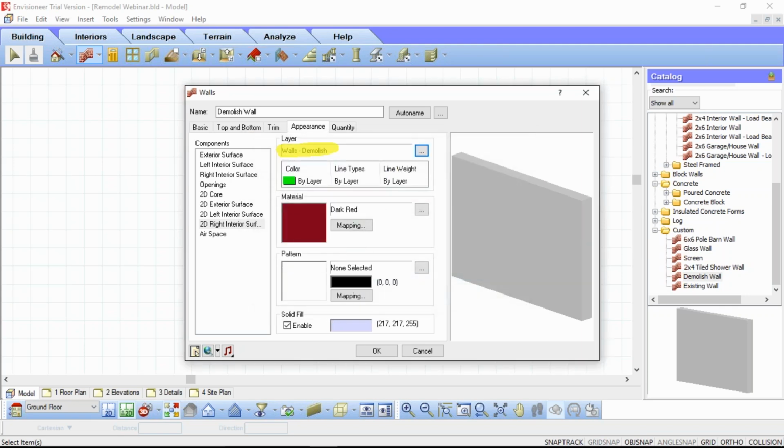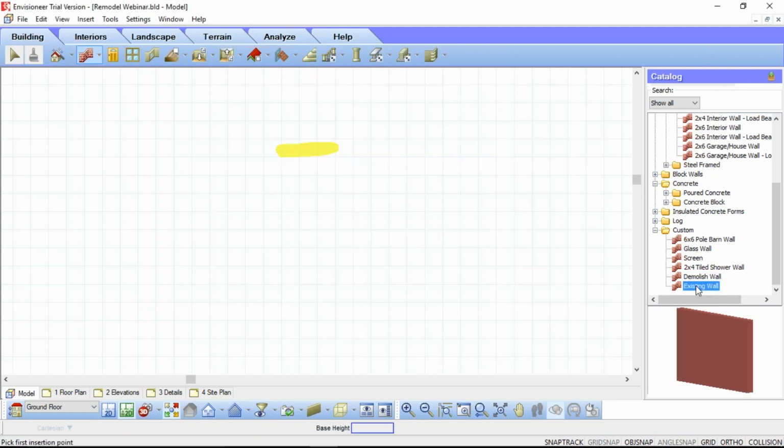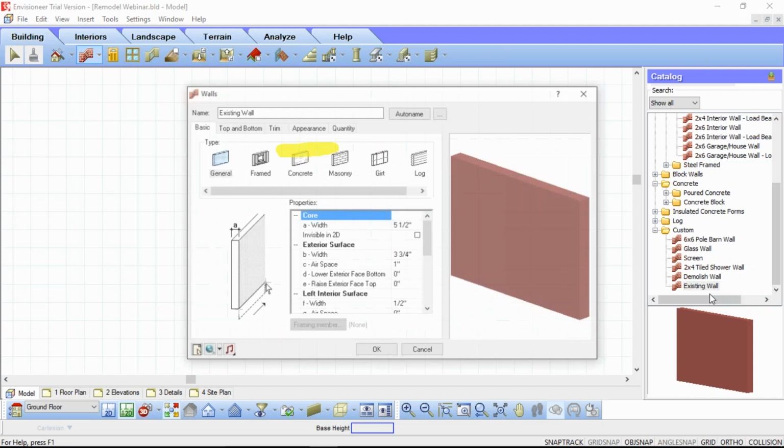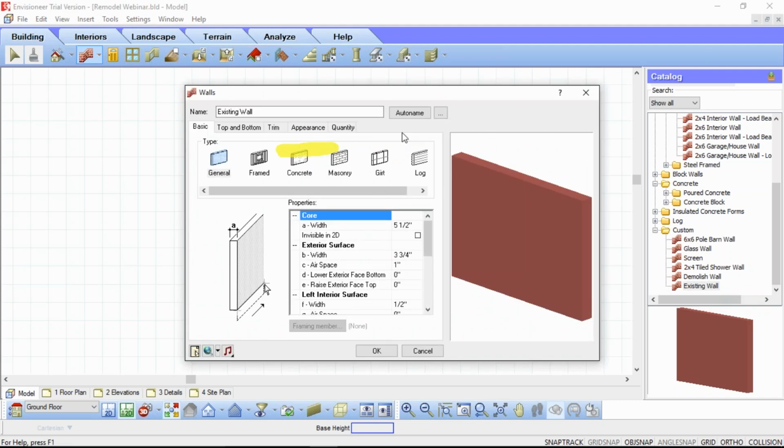So that's some of the differences there between the existing wall and demolished wall. And of course, we can create many different walls if we need to. For example, if I take this existing wall, what we had set up was for more of an exterior type wall. If I want to add a new element based on this existing wall, I'm going to right click on that existing wall, click on Add Element,